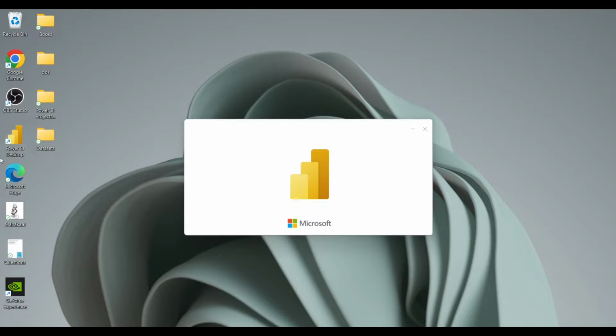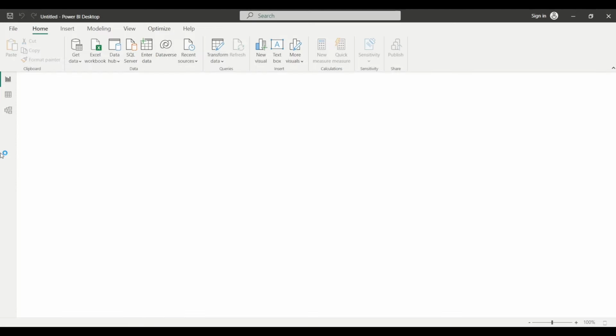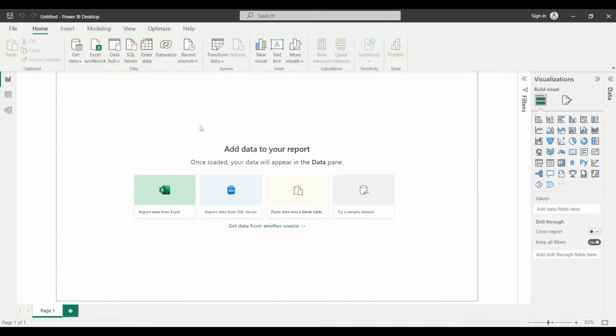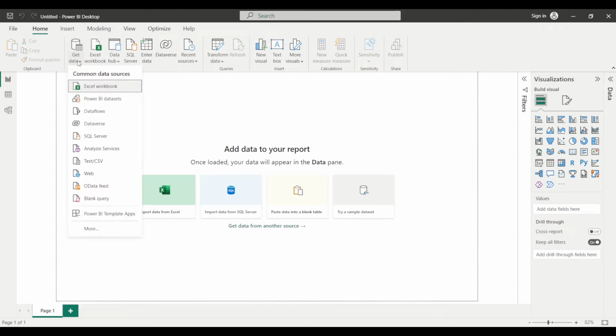It may take some time to open. Close this splash screen. Okay. Now I will click here on the Get data option, and you can see that you can connect to data from a variety of sources. It can be an Excel workbook, Power BI datasets, dataflows, Dataverse, SQL Server, etc. Here in our example, we will collect the data from comma separated value files, Microsoft Excel CSV files. So I'll simply click on the Text/CSV option,